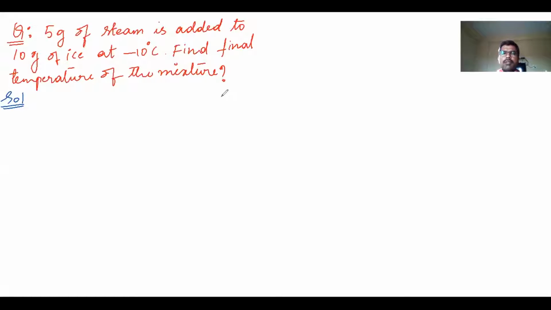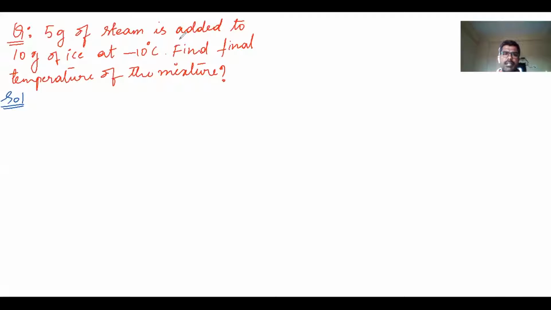Students, in the previous video lecture, we have learned about calorimetry and the principle of calorimetry, and we have calculated specific heat, how to find specific heat by the principle of method of mixtures. And we are learning problems based on the principle of calorimetry, finding the temperature of the mixture when a hot body is mixed with a cold body. As a part of that, there is one simple question which is displayed here.